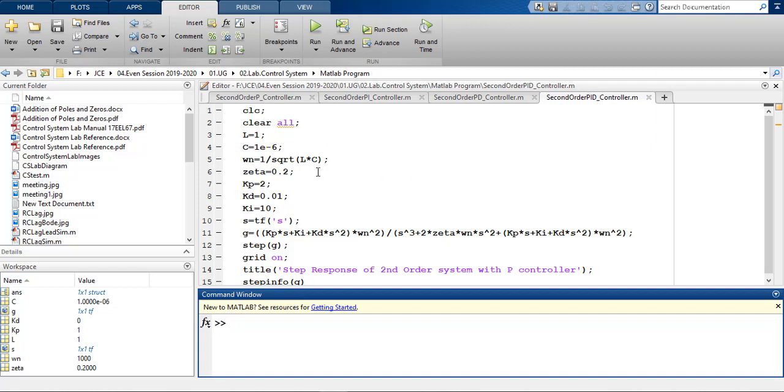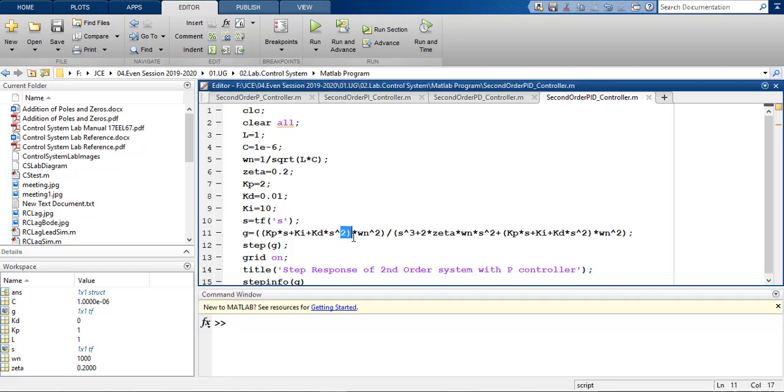As you can see, the entire code is just the same, only that we have used KP, KI, and KD here in this section, and here the same expression is being placed. Okay, so these are the two changes only for the PID controller.